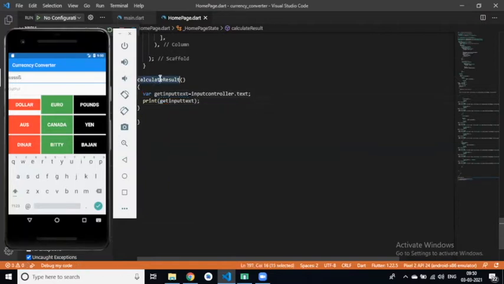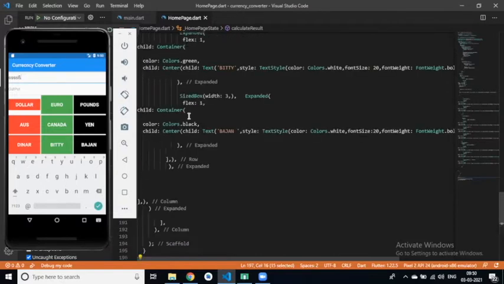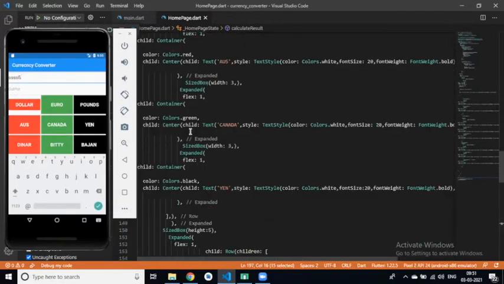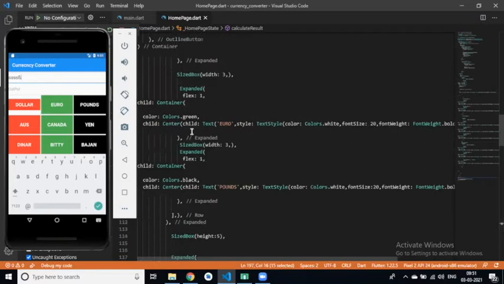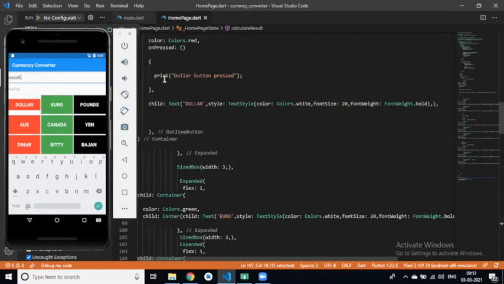okay, and call this method from our button. Where is our button? Here. Call this method from our on pressed method. Okay.